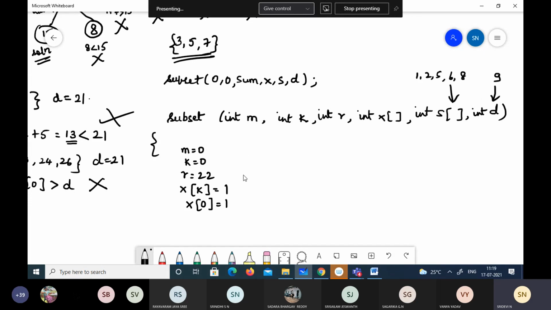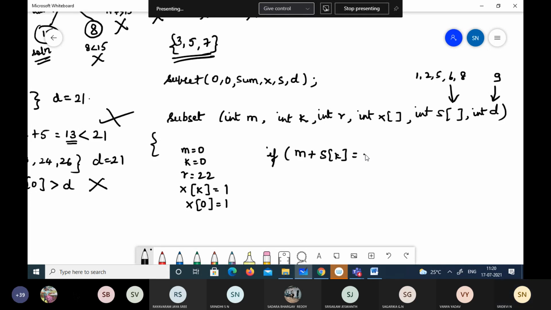Okay, now when we start tracing the program, the next statement says if m plus the first object we have selected is equal to D, then print the solution, with s of 0, the first element, that is 1 here.